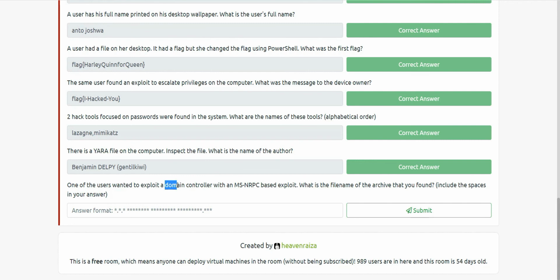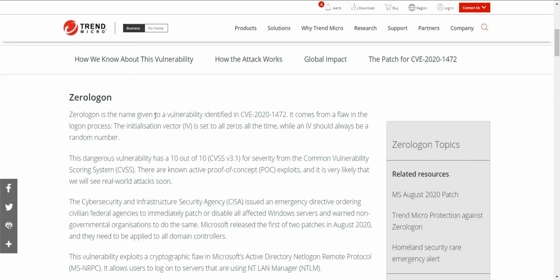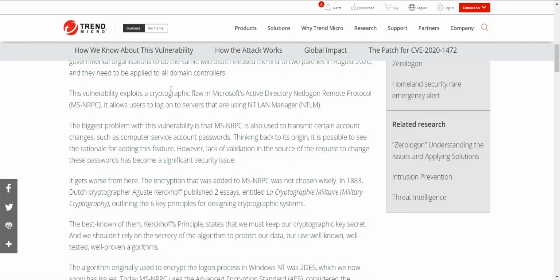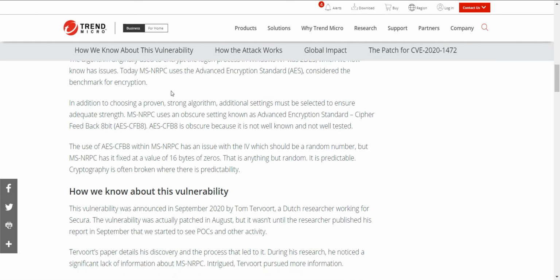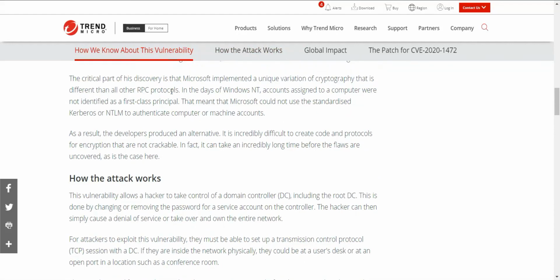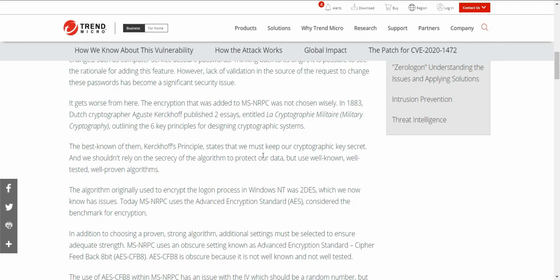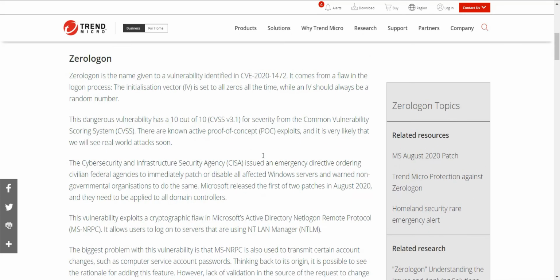As we saw in the question also, it can be used to exploit a domain controller. I am on the website of Trend Micro, and I found that this vulnerability was named Zerologon. You should also read this article or blog, and I will share the link in the description.